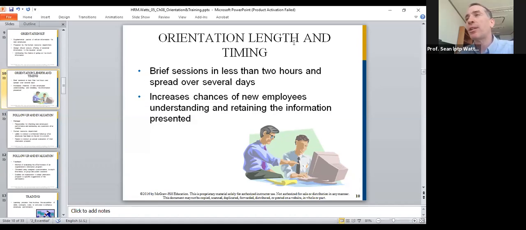Next, the orientation length and timing. It increases chances of new employees understanding and retaining information presented. The longer you have it, obviously the better they're going to understand and use the information. So we are starting to repeat some details here. Same with our class. Students should start to train themselves about the class.